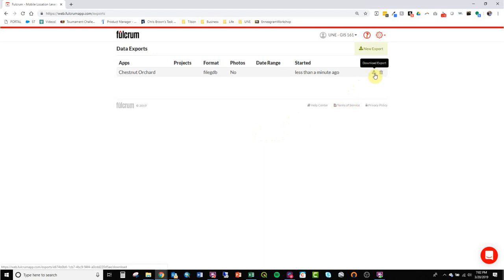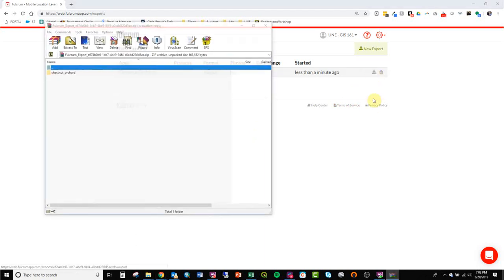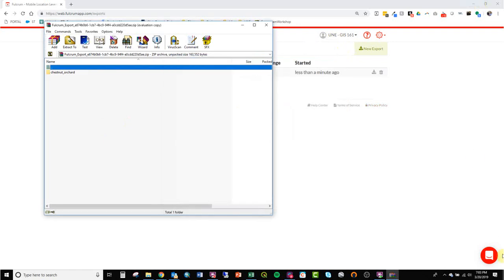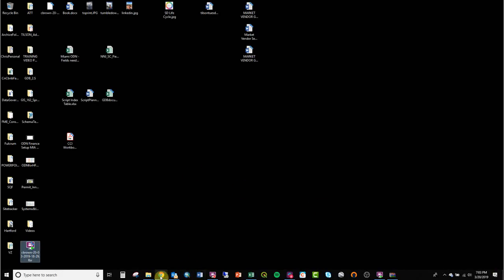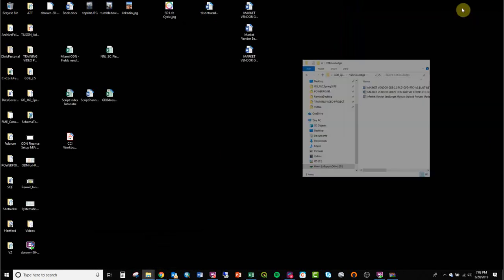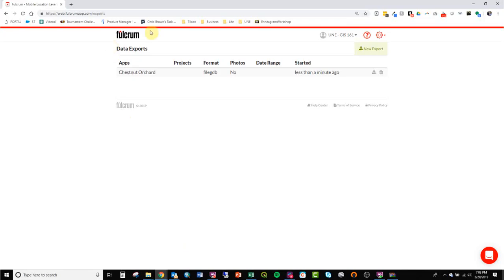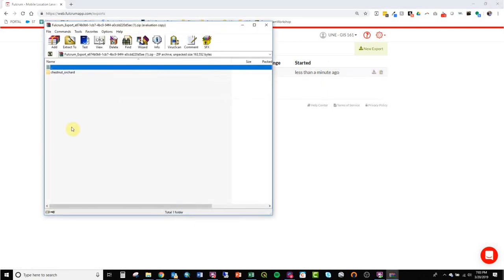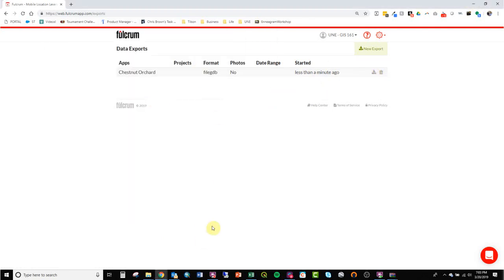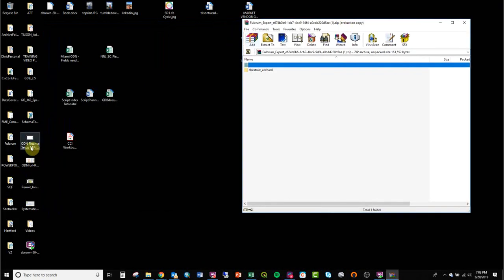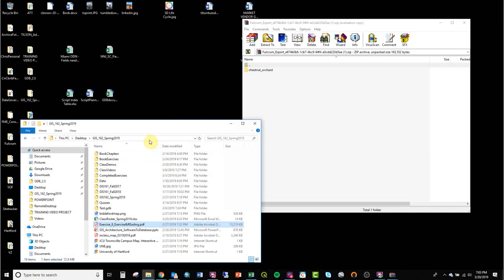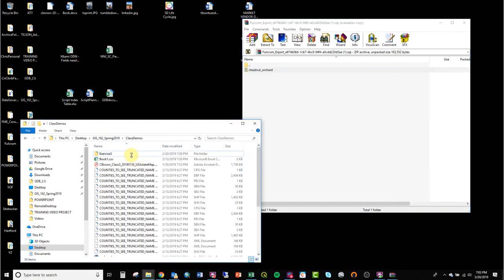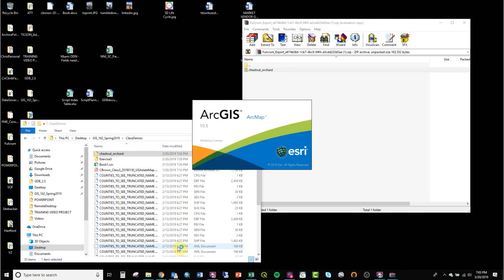You can see this little, it was spinning and now it's got a download. So I just click download and I can take that and put it into our class folder. And then I can open ArcMap, and we'll look at what the data looks like